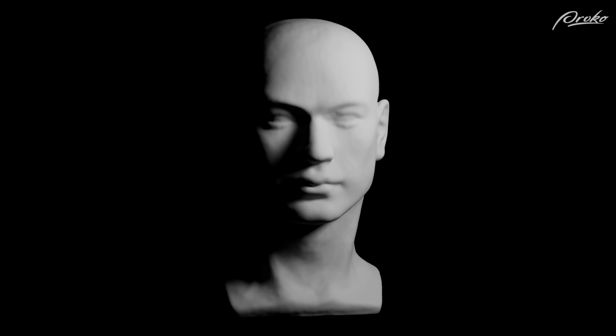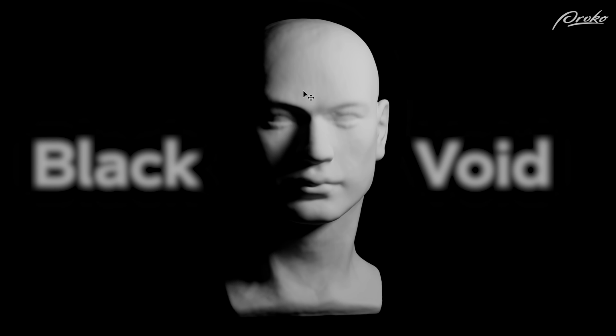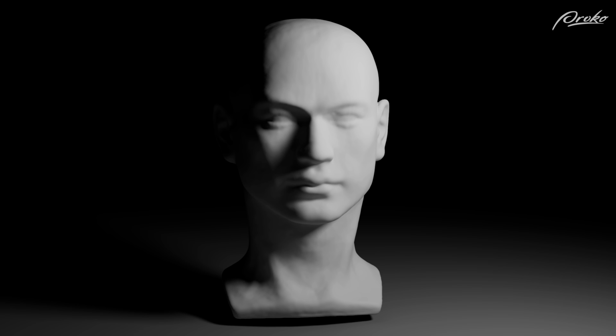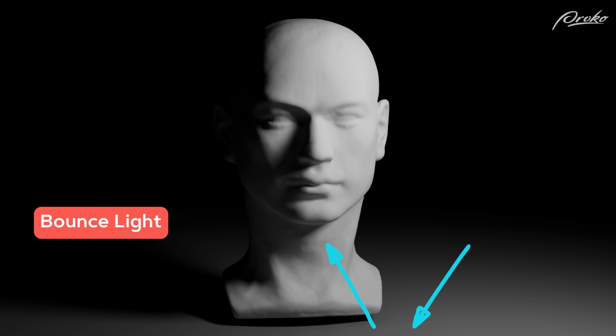When I did this render, there was just this head floating in this black void. And so there is no bounce light. In fact, you can see the shadows are just black because there is no light color of a shadow. But the moment that I put a piece of geometry into this scene that the character can sit on, a ground plane, there's light that is going to bounce off of that ground,